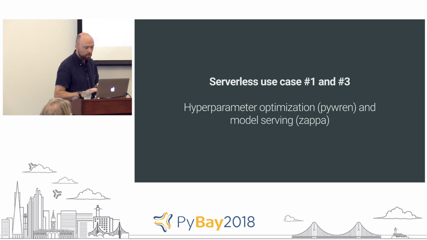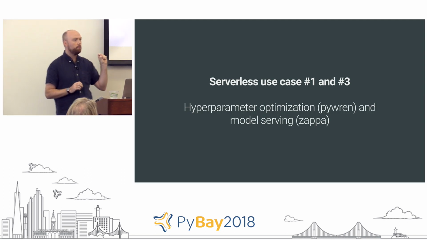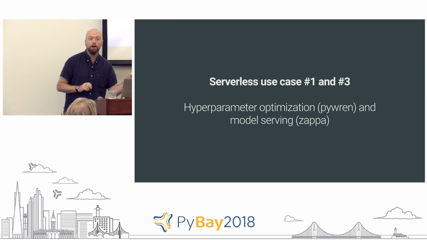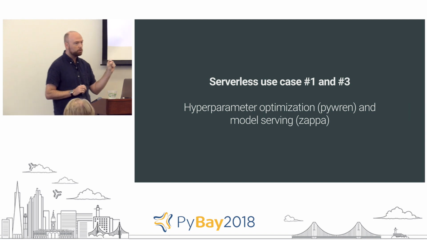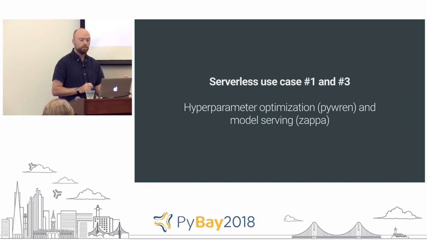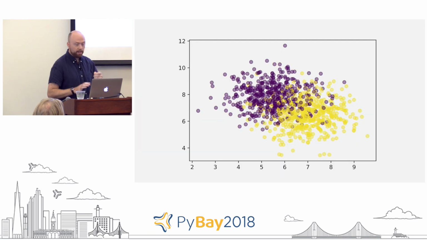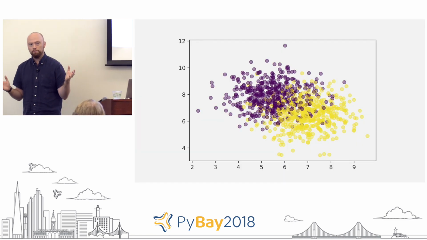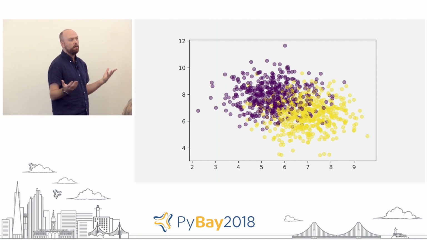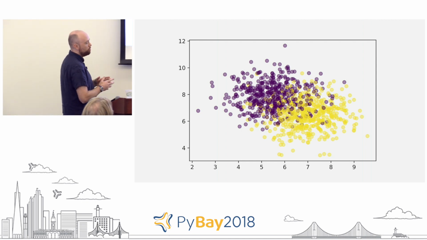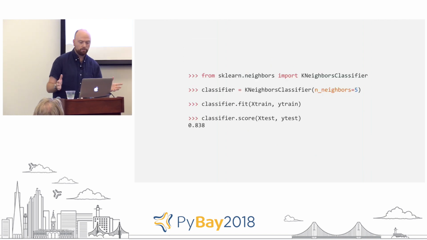So I want to tie things up with both PyWren and Zappa. I'm going to train a machine learning model using PyWren to parallelize the hyperparameter optimization. Then I'm going to deploy it using Zappa. So here I've got some training data. I've got two blobs, purple and yellow, and clearly I want to fit a classifier that can distinguish between these two models. If I were to do that locally, if you haven't seen scikit-learn before, this is roughly what it